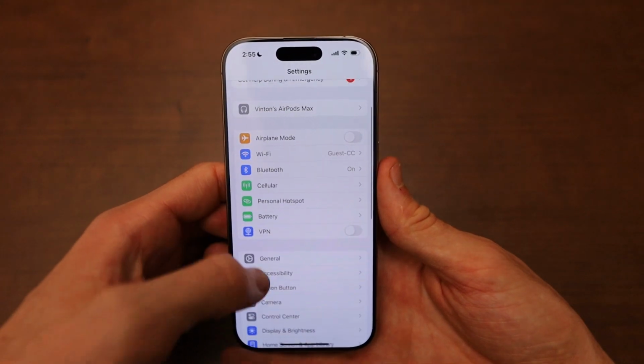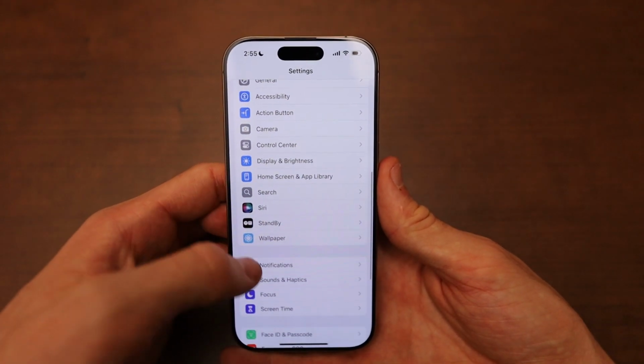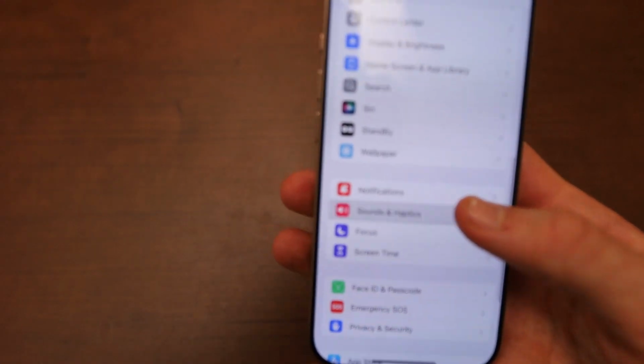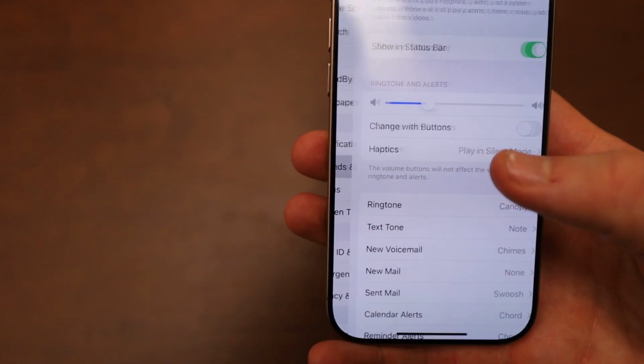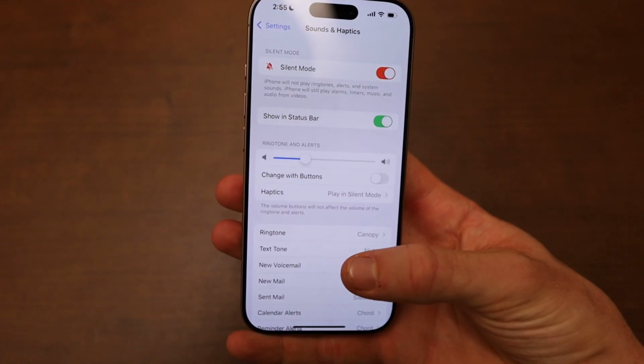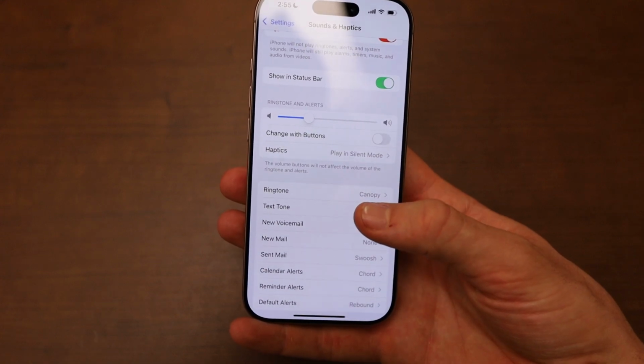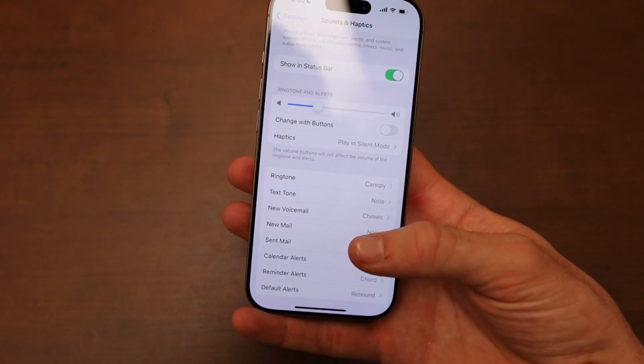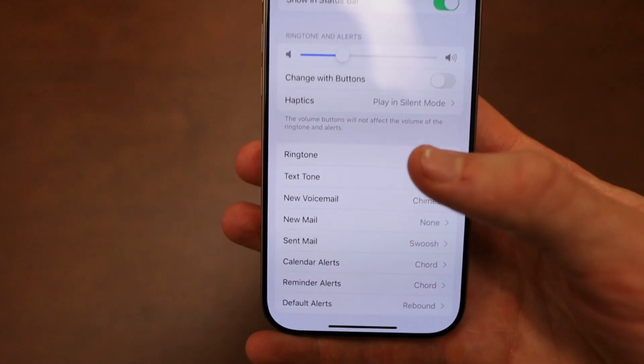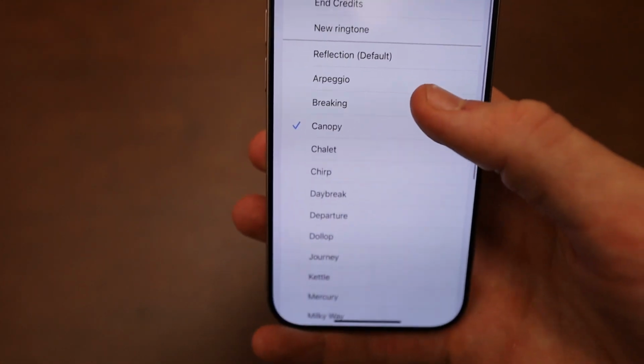like so, and scroll down to the option that is called sounds and haptics, which is right here. Once you click on sounds and haptics, it's going to bring you to this panel, where from here you can scroll down. You can choose the ringtone option, or text tone or email tone or calendar alerts, but we just want to click on ringtone right here, where once you do this, you can choose any of the